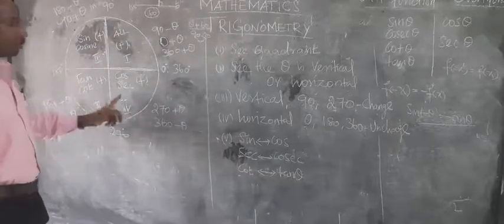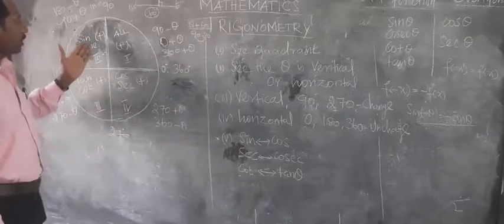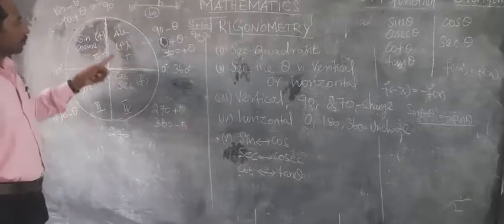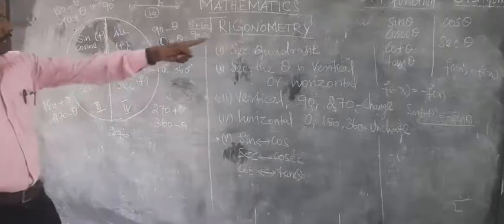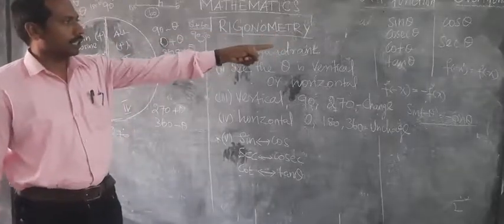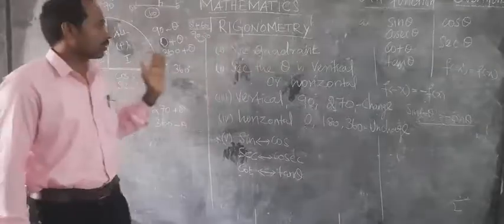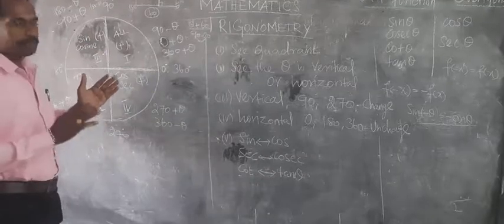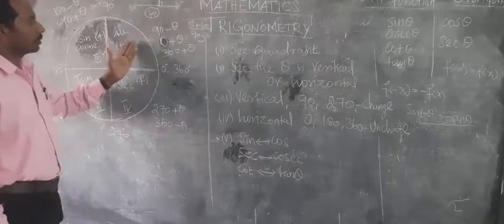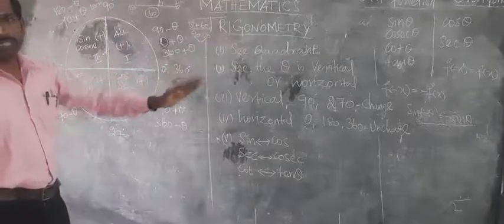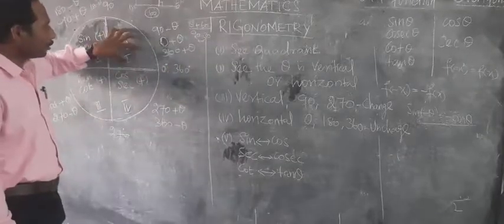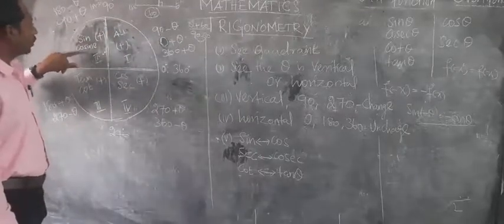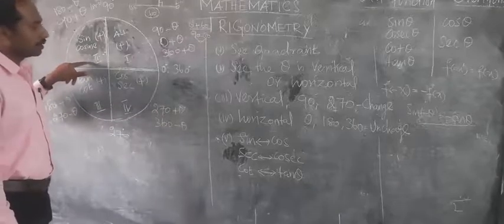So the other two quadrants are the same way. But before you write this particular value, just see this quadrant. First quadrant: all the trigonometry ratios, sin theta, cosec theta, cos theta, sec theta, tan theta, cot theta, all the ratios are positive here. Suppose you take any value, it will come positive. I will teach you in the example, but you see in the quadrant, it is positive. Likewise, second quadrant, only sine and cosecant are positive.